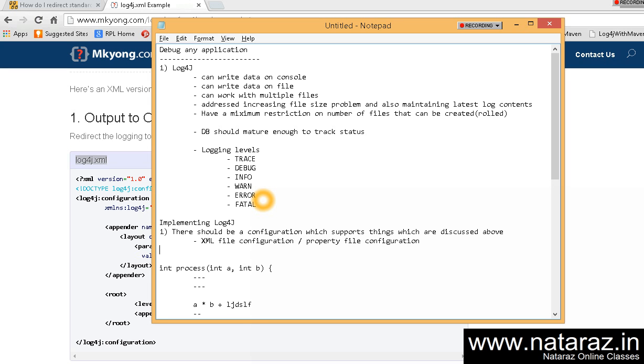So for some project, don't be surprised if you see a property file, but it's simple. You just have to check what the thing is and put it, just Google it and get it done. It's not a big deal at all. So now, XML file configuration and property file configuration, two things. Now, first thing, by default the name is